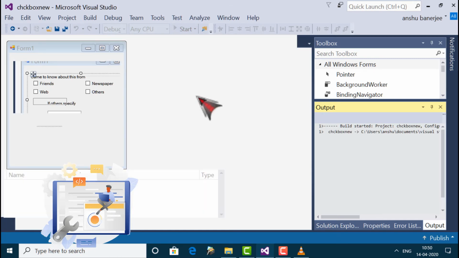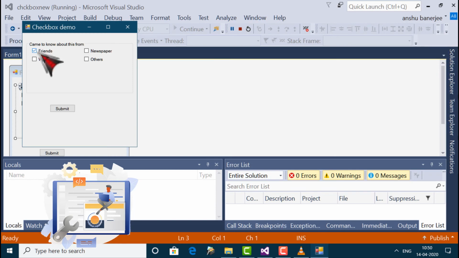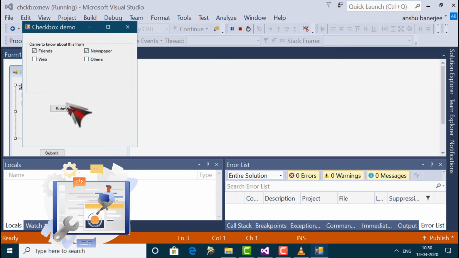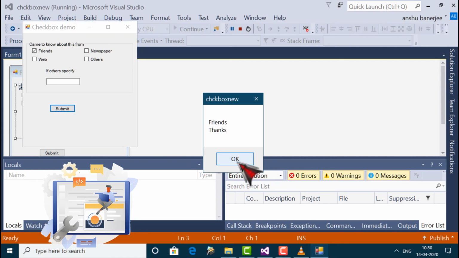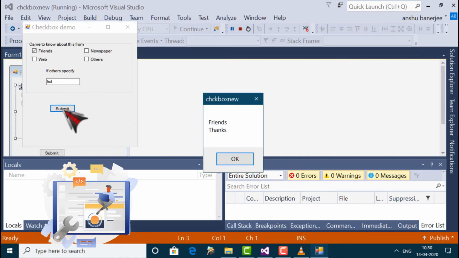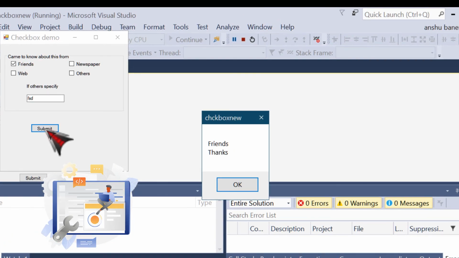When the above code is executed and run using our start button available at the Microsoft Studio toolbar, it shows our following window. Okay, now check all the boxes. Clicking our submit button, we will see our message box. Okay,